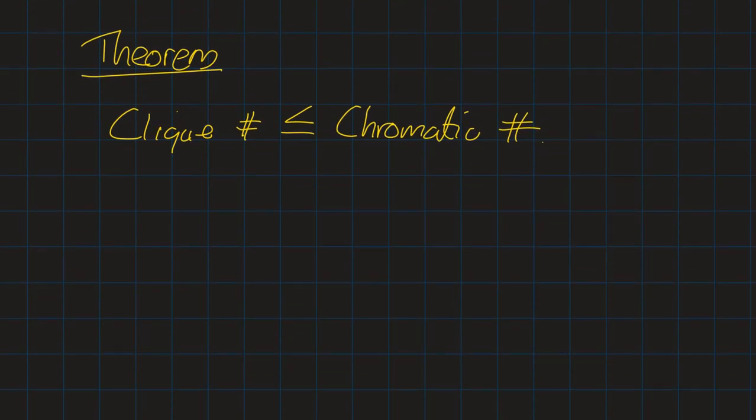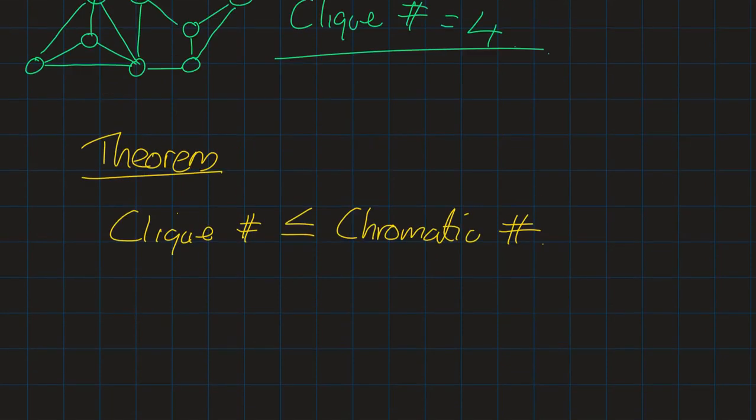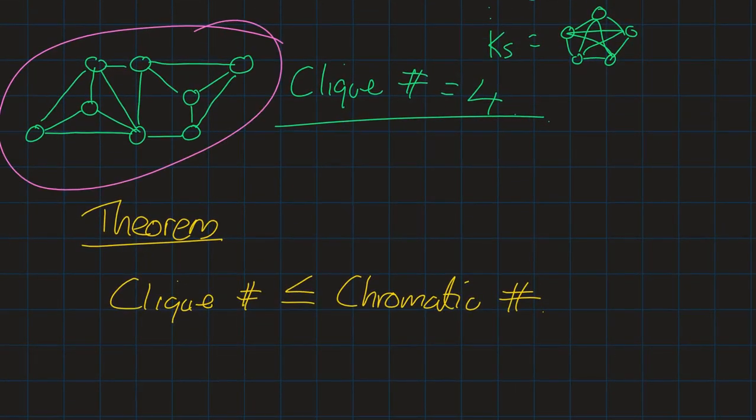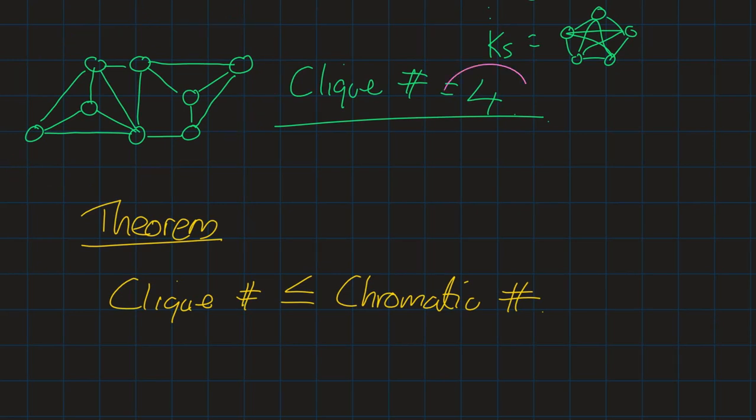Okay? And I'm not going to go into a detailed proof because I think it's one of these theorems where the proof is believable if you think about it for a moment. I mean, if we, for example, consider this graph right here, okay, then we know that the clique number is 4, which means that it secretly has a K4 hidden inside it,